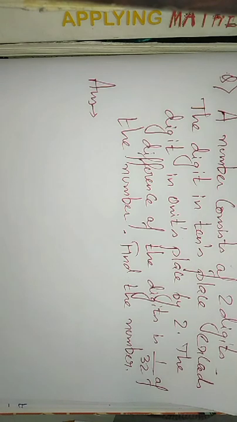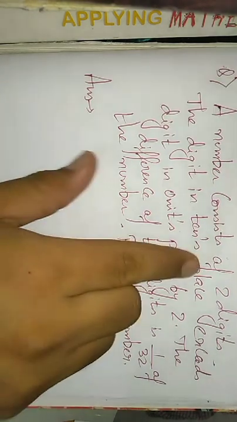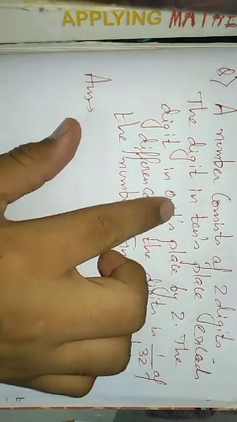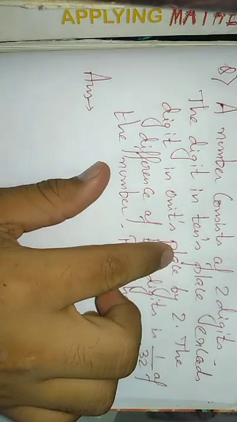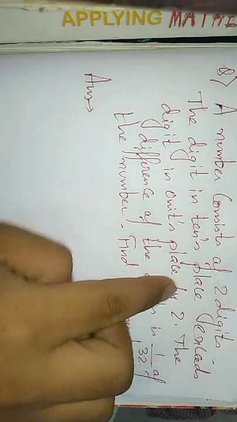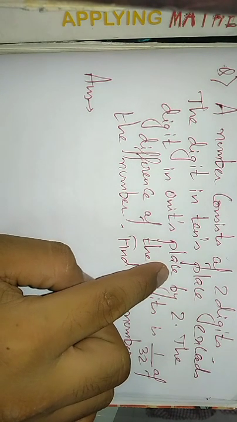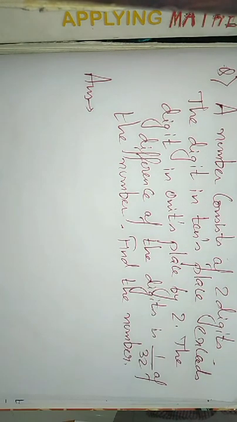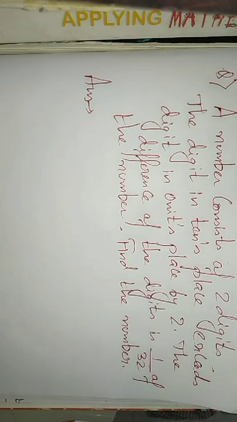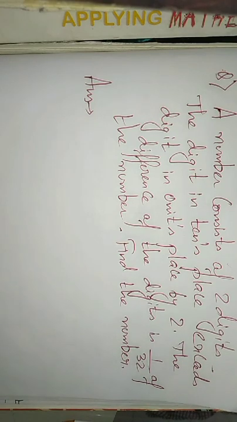Now what will be denoted as x? Which quantity should be taken as x? You see here that the value of the tens place is dependent on the units place, because if units place is 1, then the value of the tens place will be 3. If units place value is 0, then the tens place value will be 0 plus 2, which is 2.